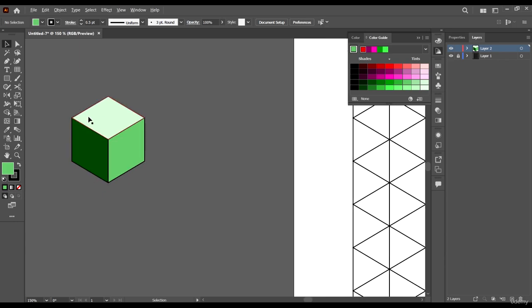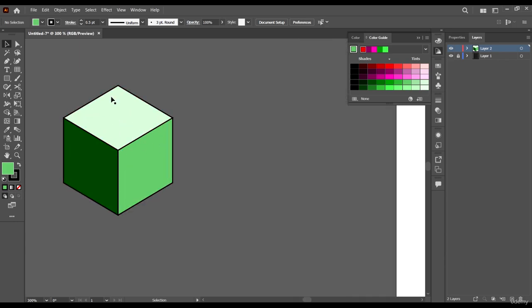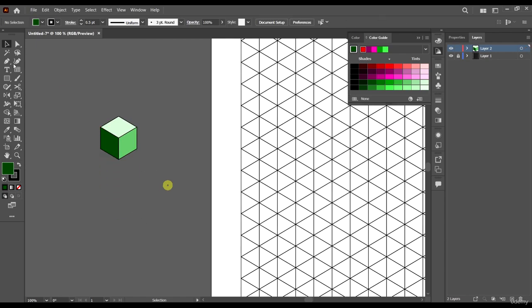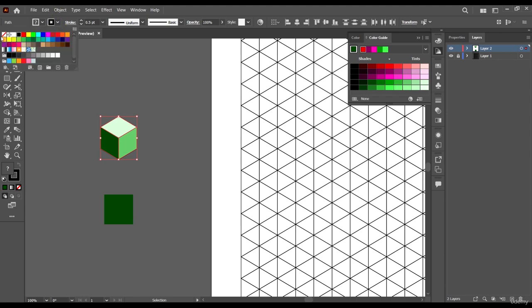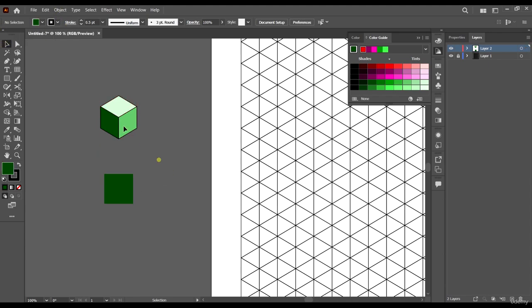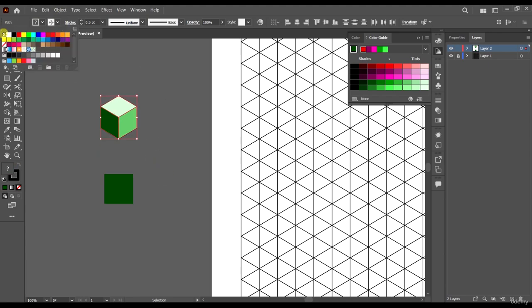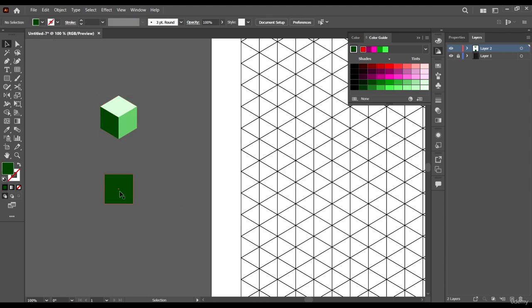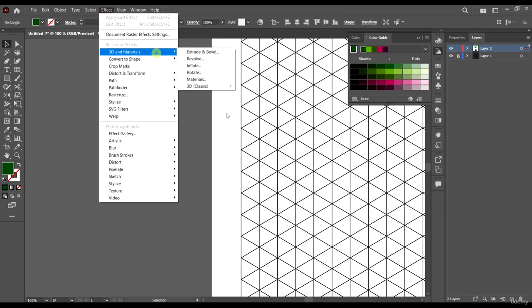Okay, so isometric projection enables us to see once again three points, right? So this top and this side and this side. And let me just illustrate this again with our 3D effect. So I'll just remove the stroke. Now I'll remove the stroke on this shape too. Sorry. Okay, let me just give it this color and then give it a 3D effect,